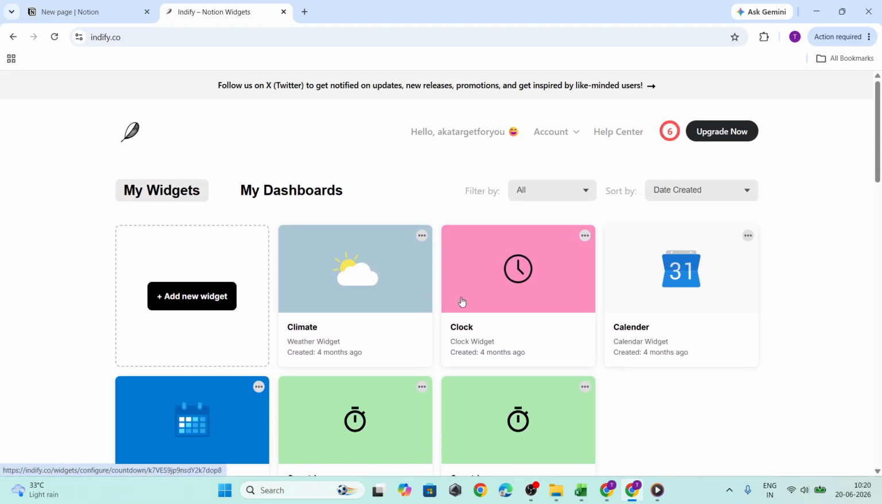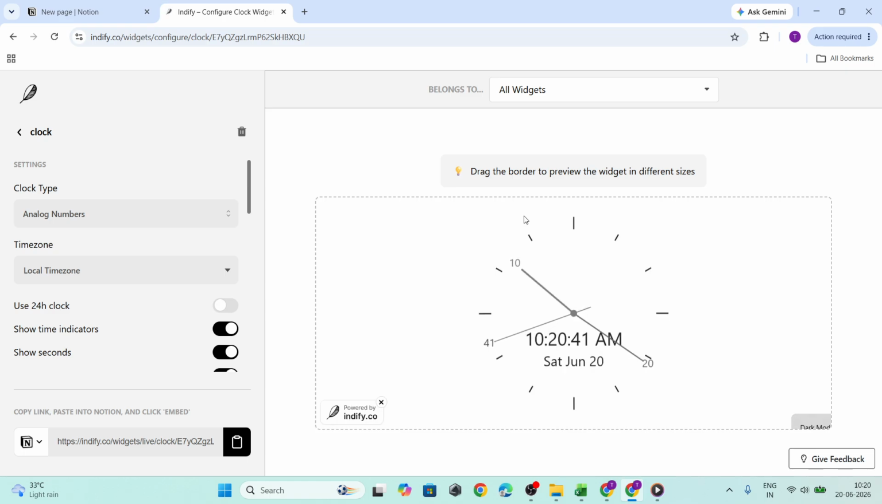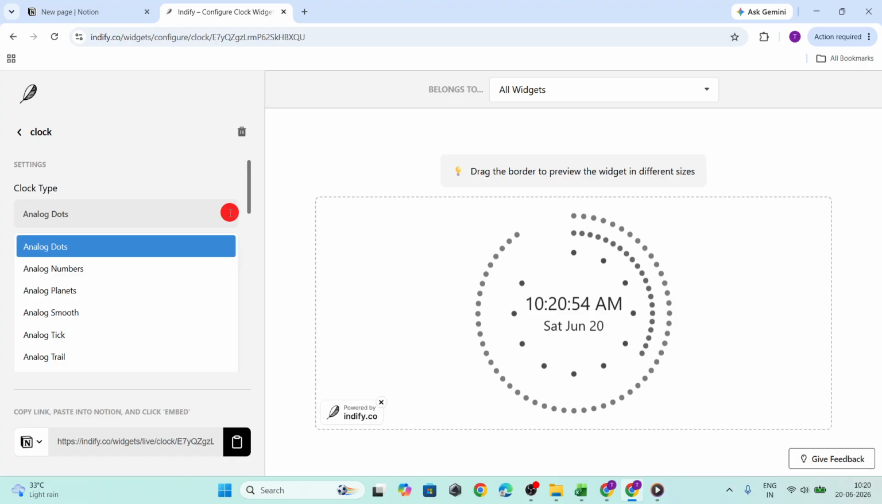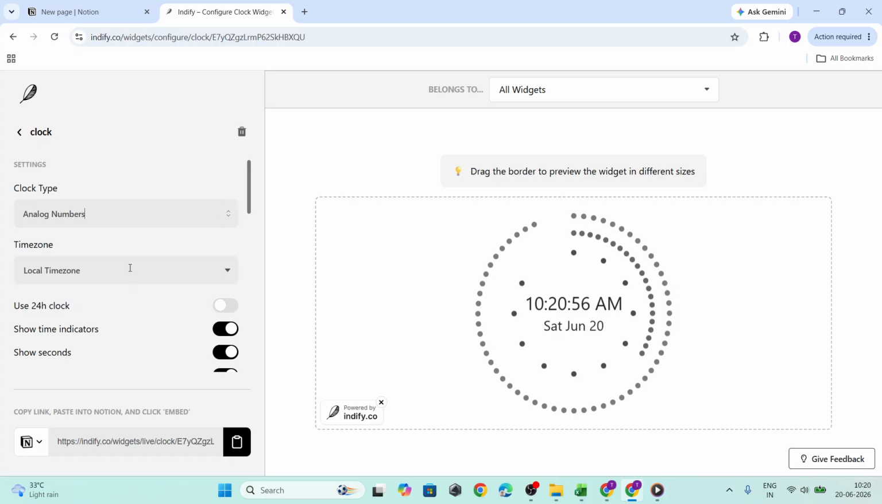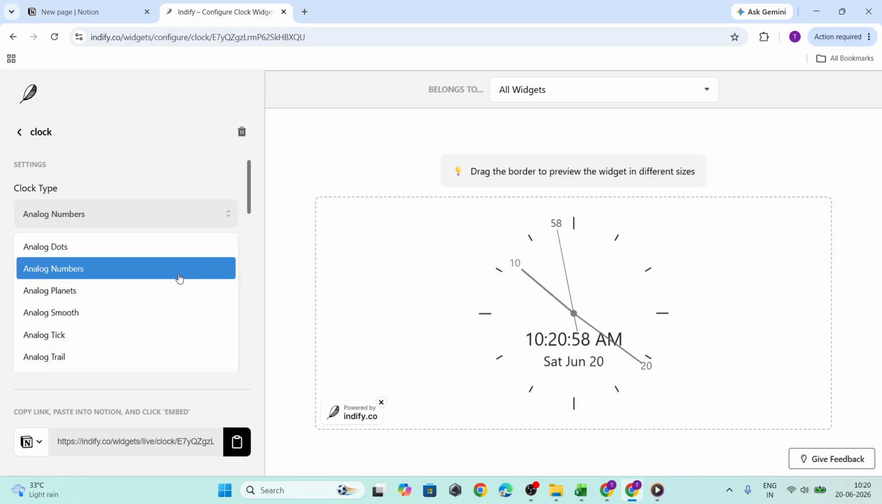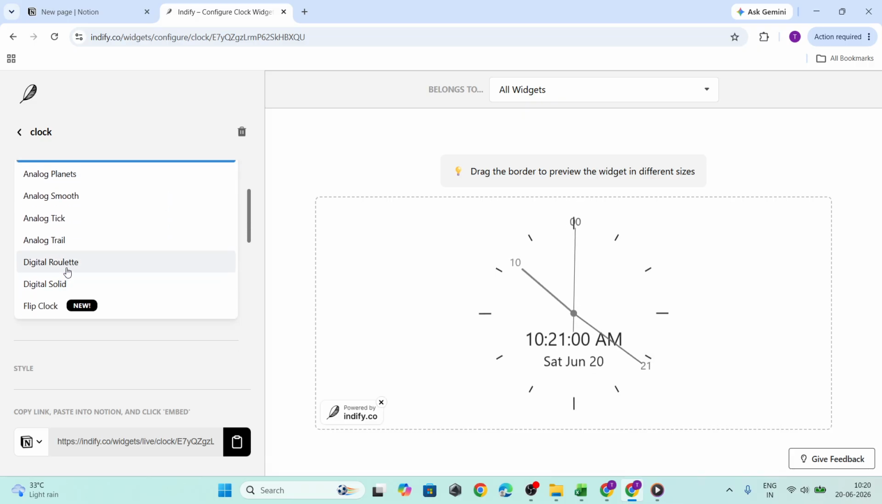After you are inside, look through the available widget options and select the clock widget. Next, choose the clock style you want to use. Most providers give you a few common options, including a digital clock, an analog clock, or a flip clock. The best choice really depends on the look and feel you want inside your workspace. A digital clock is usually the cleanest and easiest to read, while analog or flip styles can add a bit